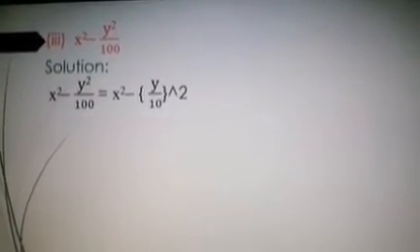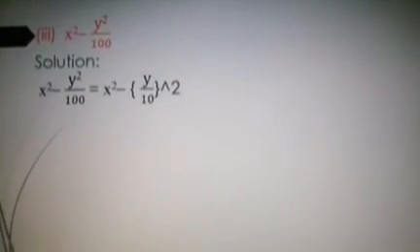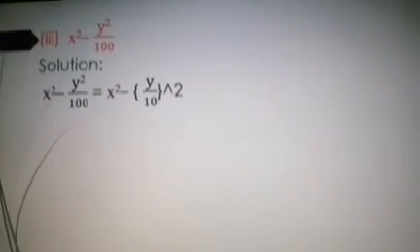So I have x square minus y square by 100. I'm going to express it this way because all are perfect squares. 100 is a perfect square, which can be written as 10 square. So I'm going to use the identity x square minus y square, the third identity in your textbook, your note or your chart. The first term x square I've written as it is. The y square by 10 square I'm going to express as y by 10 the whole square. Once you simplify, you'll get the same thing.